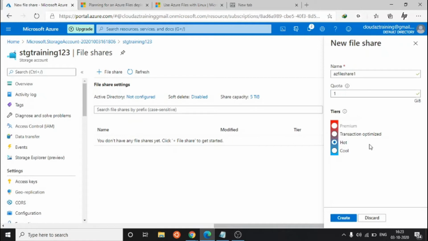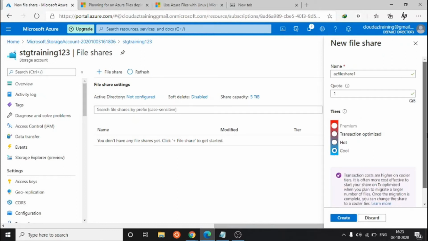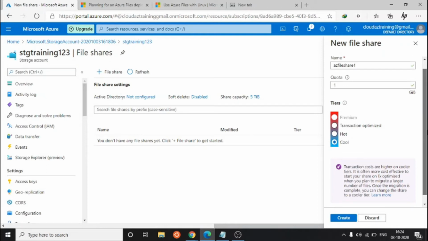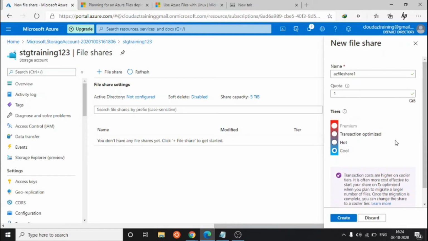Hot means we are accessing data frequently from storage. Cool is for archival types of data. You can put the data and retrieve it once a year, like this. Transaction costs are higher on cooler tiers, so the transaction charge is very high and putting the data is less charge. So I am going with hot.